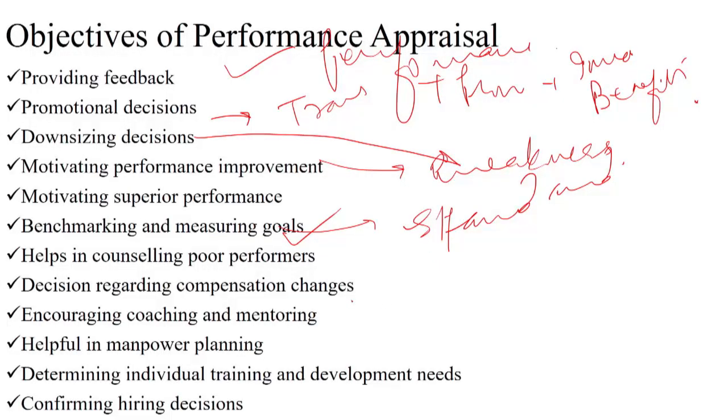So it encourages coaching and mentoring. When we are talking about coaching and mentoring, it's more of the guiding part or counseling the people to perform better. Because a company will give you 1 chance, 2 chances, 3 chances, but the 4th time if you are a non-performer, definitely the company will show you the exit gate. The company is not going to chalk you out in just 1 quarter only. No, it's not like that. The company will also give you some time to prove your mettle, because a lot of time has been spent by the company on the recruitment, selection, training and induction part. So definitely efforts are taken that some time is given to the person to prove his or her mettle also.